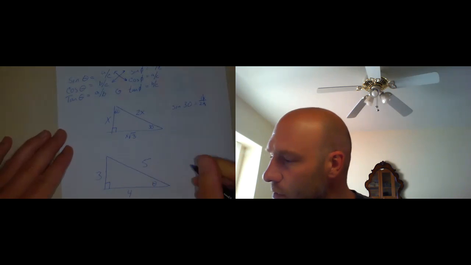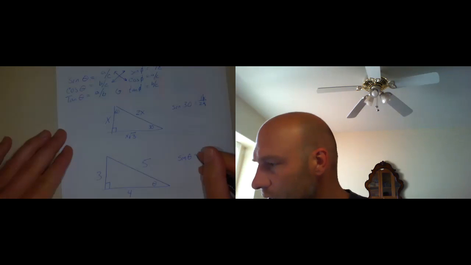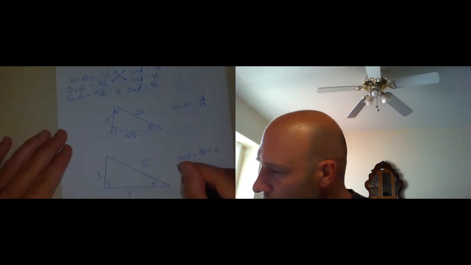So I'm going to call this theta for a moment, and I'm going to notice that the sine of theta is 3/5. Our chart does things not as fractions, but as decimals. So 0.6. The cosine of theta equals 4/5 or 0.8, and the tangent of theta equals 3/4